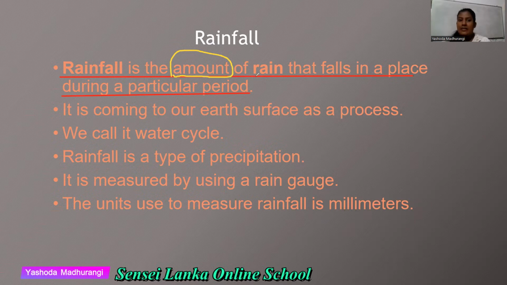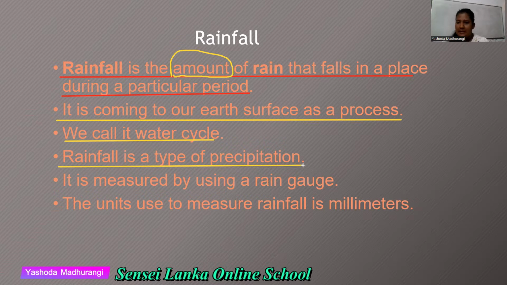Rainfall is the amount of rain that falls in a place during a particular period. Then it is coming to our earth's surface as a process. We call it the water cycle. Jala chakraya, water cycle. Rainfall is a type of precipitation. I explained it earlier. It is measured by